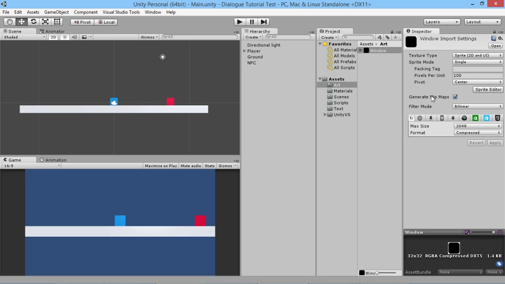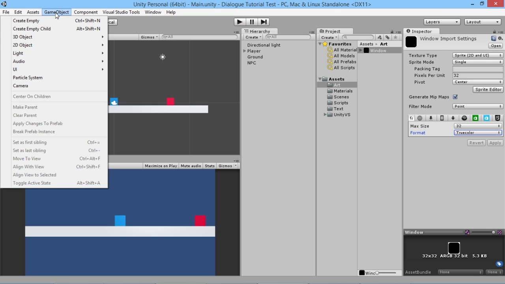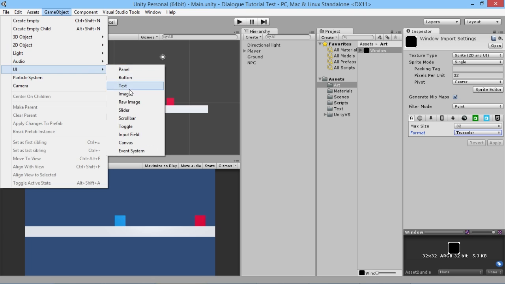Basically, it's fairly straightforward. I'm just going to change a few settings here. We'll set that to 32. It's single point. It's 32 by 32, so we set the max size and true color. We apply these changes. So basically, one of the handy things within Unity, within the UI system at the moment, is that although this box is just a square box with round cornered edges, if we were to add this into the game, if we just go UI image,